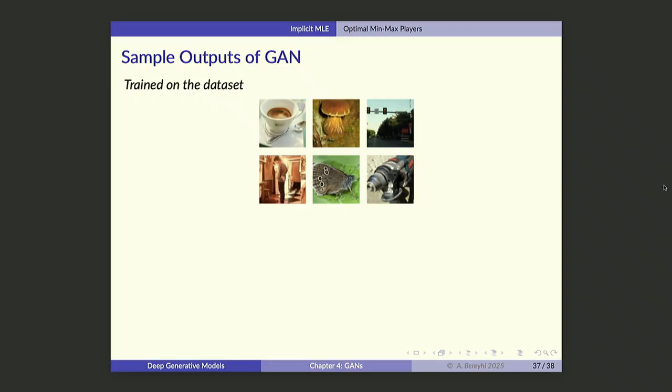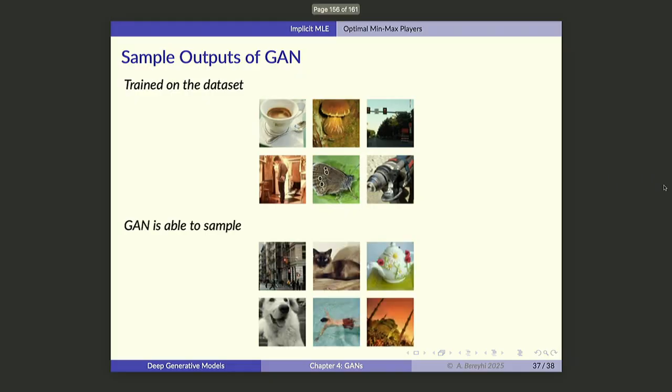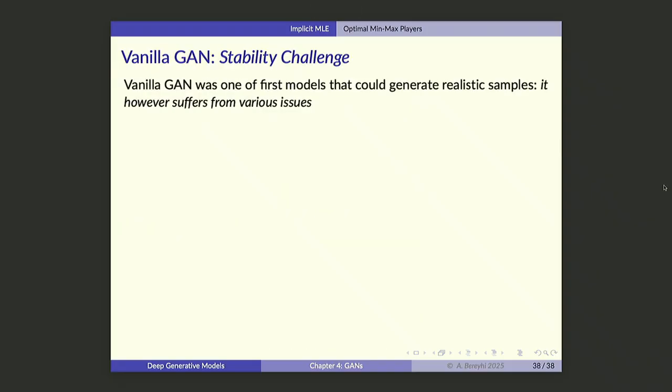So this was like the data set, and at that time, 2014, they could just generate these samples, which was a kind of wow at that point of time. Okay, at that point of time, you could not see such outputs. Impossible, right? And this was why people were super excited about this model, because this is the first time we were getting really realistic samples, right? So now everything was good when it was proposed, but gradually came out a bunch of challenges about these models,